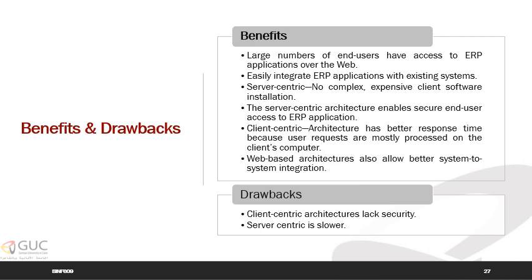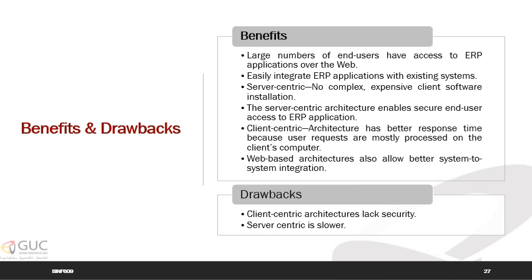Simple open architecture creates easy and inexpensive access, which justifies why the web has been such a fast-growing success. On the other hand, the client-centric architecture requires application and data to be installed or downloaded from a server and executed from a client workstation. Each architecture has its benefits and drawbacks,